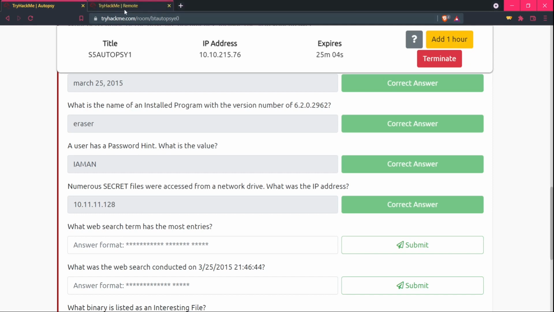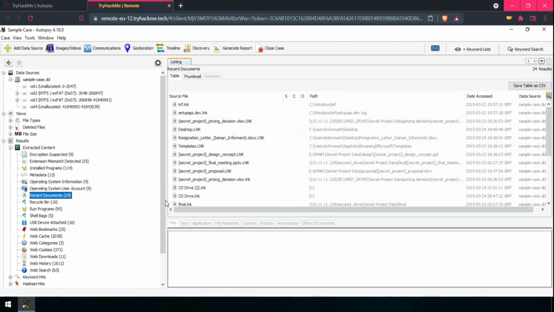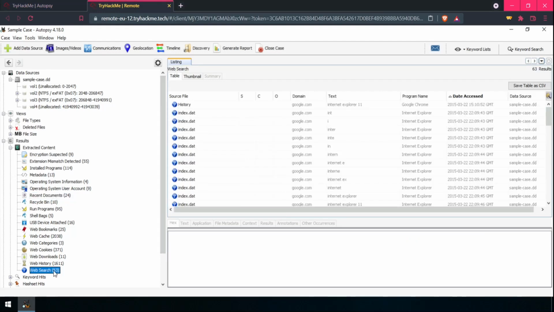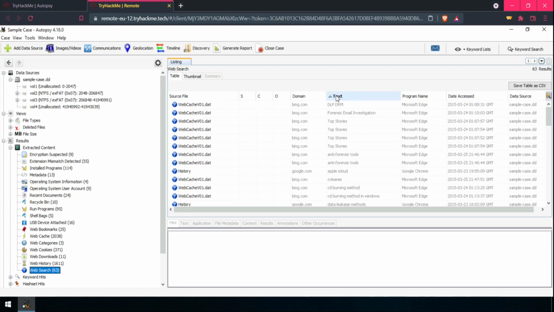In order to answer that, we need to go over the web search history. Let's see the web search section, and I see that a lot of things were going on here. If I just shorten up the text, I see most of the searched texts are given in one section. I see top stories, there were 4 instances of that and they are combined at once.